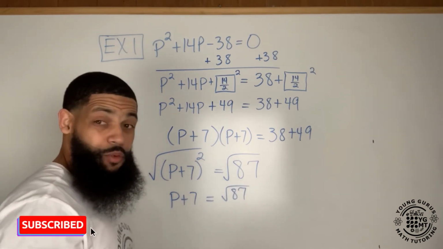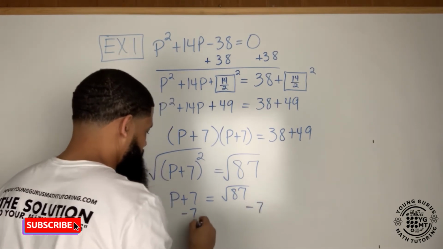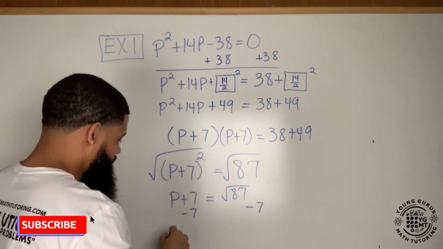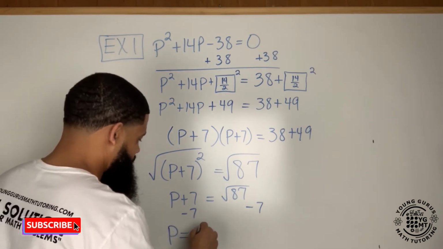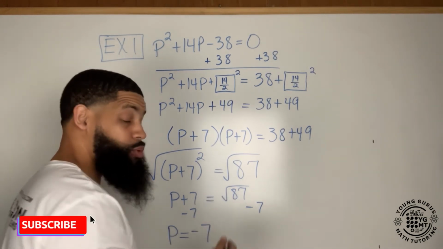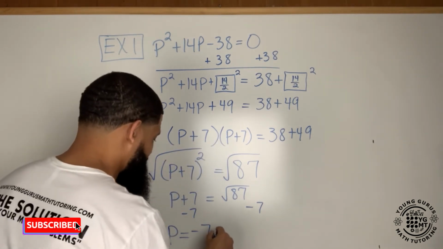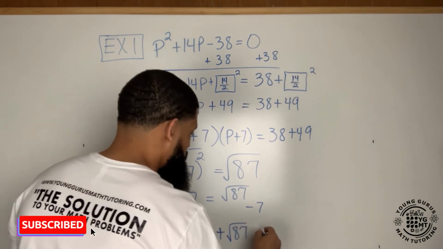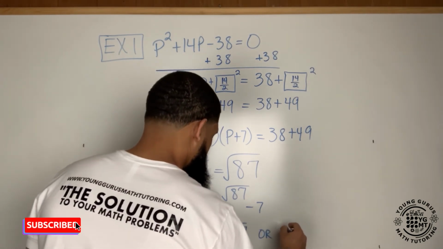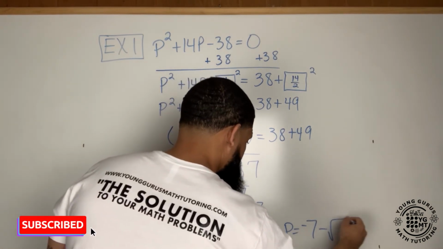Now, I got to solve for p. So I'm going to subtract 7 here as well. Now, here's the key. I have p by itself, but it's equal to negative 7. Remember, the square root has a positive square root and a negative square root. So I'm going to say p equals negative 7 plus the square root of 87, or p equals negative 7 minus the square root